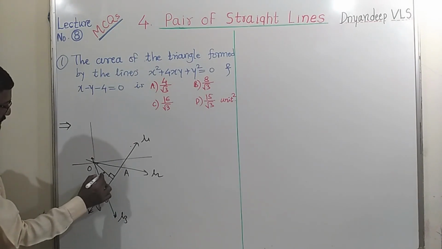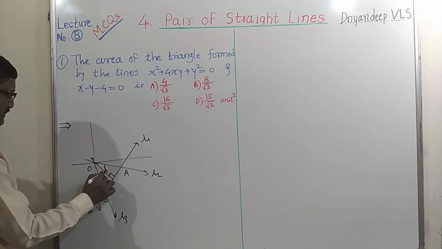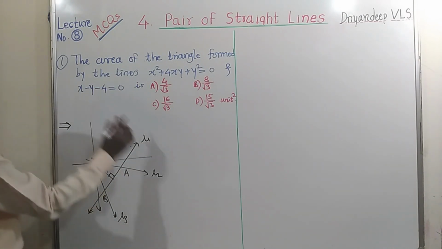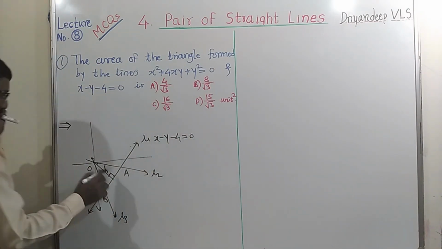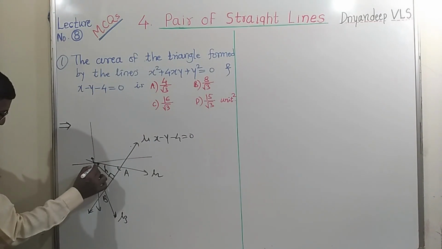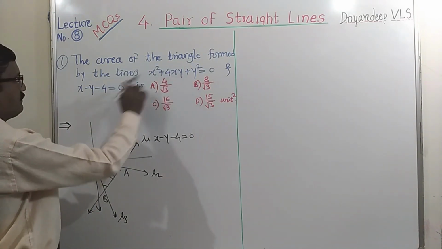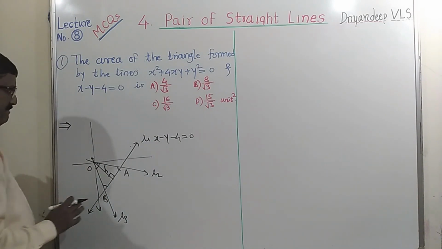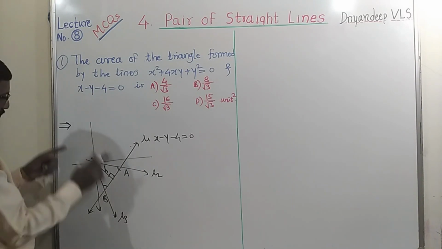So this is nothing but the height of the equilateral triangle, and it is nothing but the distance of this line L1, that is x minus y minus 4 equal to 0, from the origin. You can check whether these three lines form an equilateral triangle or not. So the height of this triangle is nothing but the distance of this line